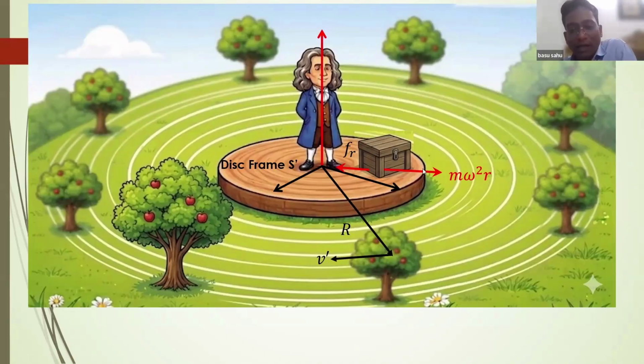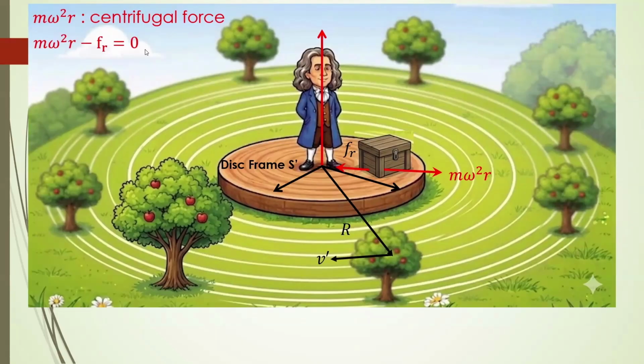And what will be the equation now? As we have applied the pseudo force, remember the concept. What was the basic equation we have? F external plus F pseudo force is equal to M into A dash. A dash is equal to 0 here. F is basically equal to M omega square R. I think this will be the equation, right? Yes.